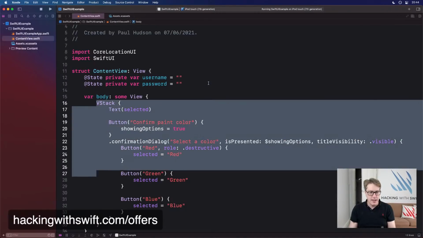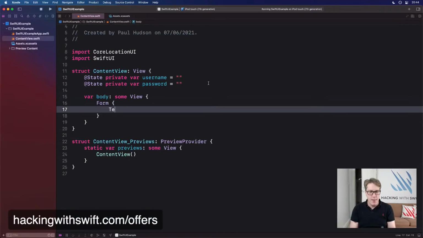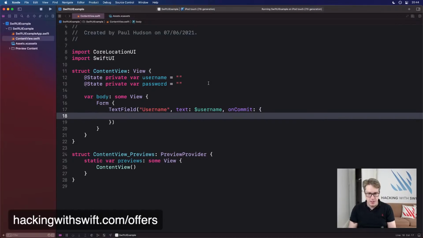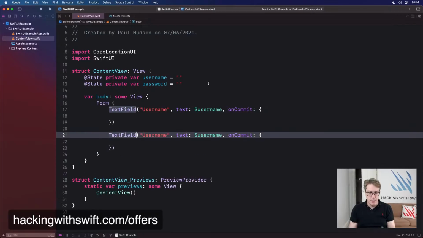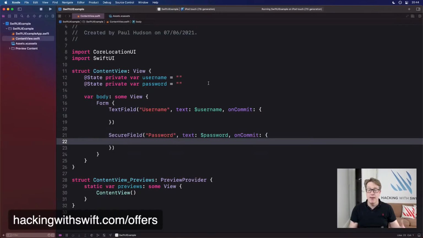And we might have said something like, in my form, there's a text field called username, bound to username, with onCommit being some kind of function. Username was set, for example. And you do the same thing for password, perhaps using SecureField rather than TextField. Password, bound to password, and again, have an onCommit function attached to that. So when you submitted one of those things, it would run your custom code, and you can still do that.